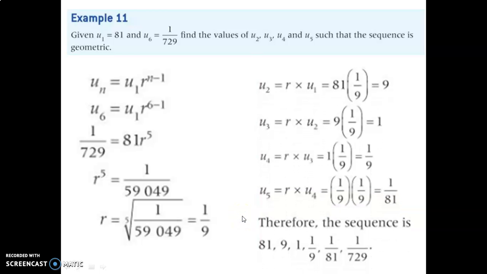Great, let's look at the next part of this problem. To find out all the missing values, now that you know what the R value is, it's just a matter of plugging it in, or not even plugging it in. You can